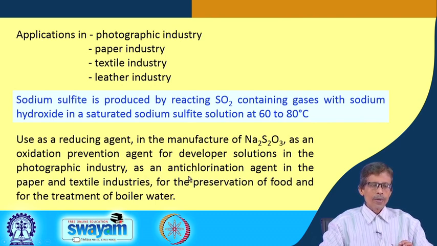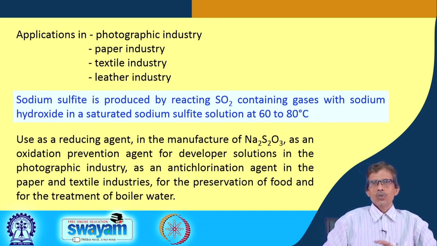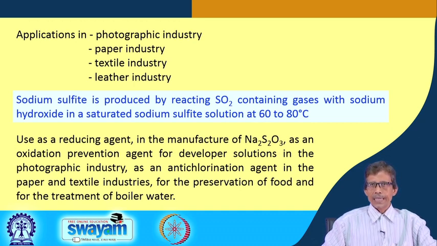And it is also prepared as an anti-chlorination agent. That means, if you have some extra chlorine in it, or you have to remove some amount of chlorine in the paper and textile industry, always we know that in paper and textile industry some material is used as a bleaching agent, like sodium hypochlorite. So, these bleaching agents are mostly chlorine based agents. So, you have to go for this anti-chlorination or dechlorination reaction. That means, you have to remove the chlorine from that particular material, which is being trapped in paper or in the textile. So, we can get it out of that.